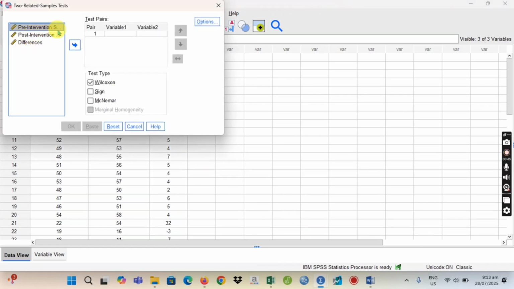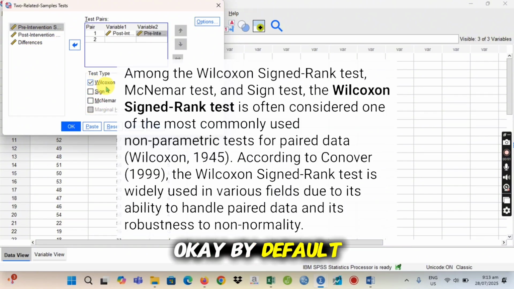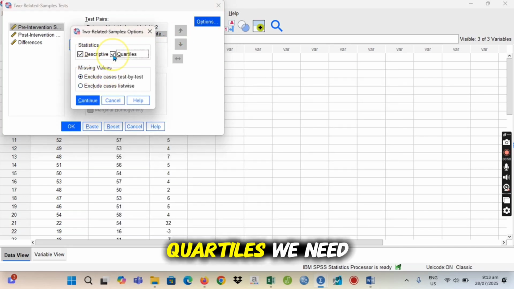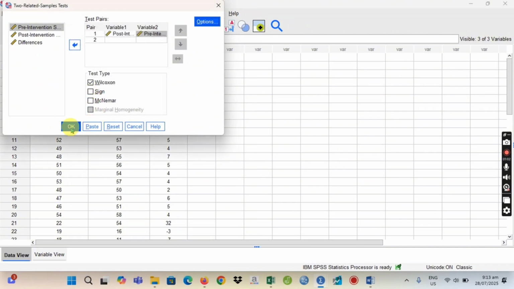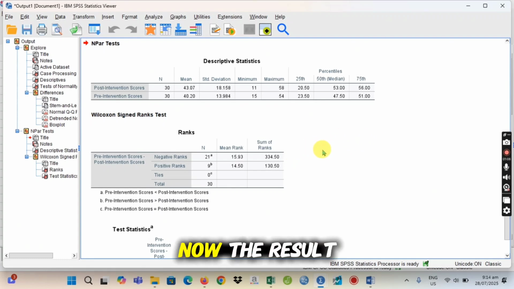So let's check. Okay, post, pre. By default, Wilcoxon is automatically checked. Options, descriptives, quartiles, we need median. Continue. And then, okay. So this is now the result.